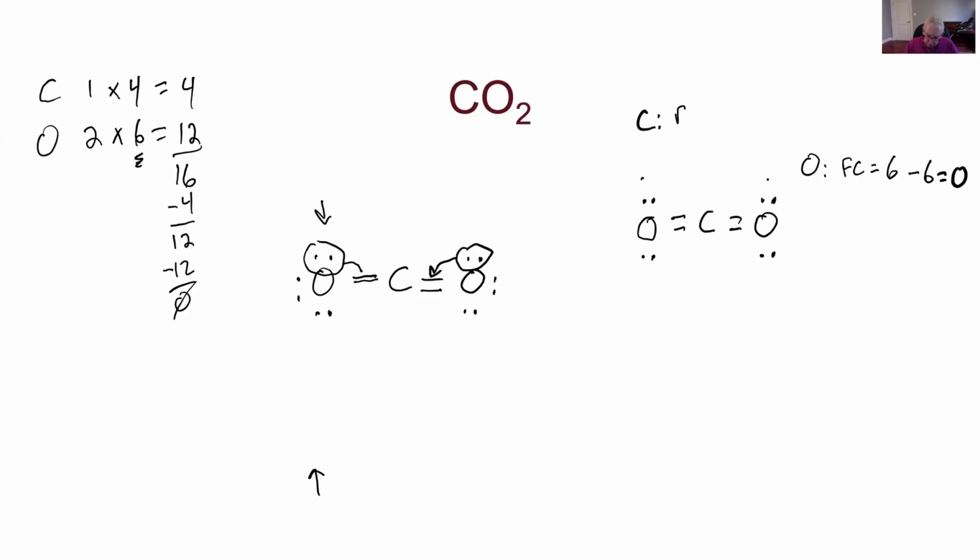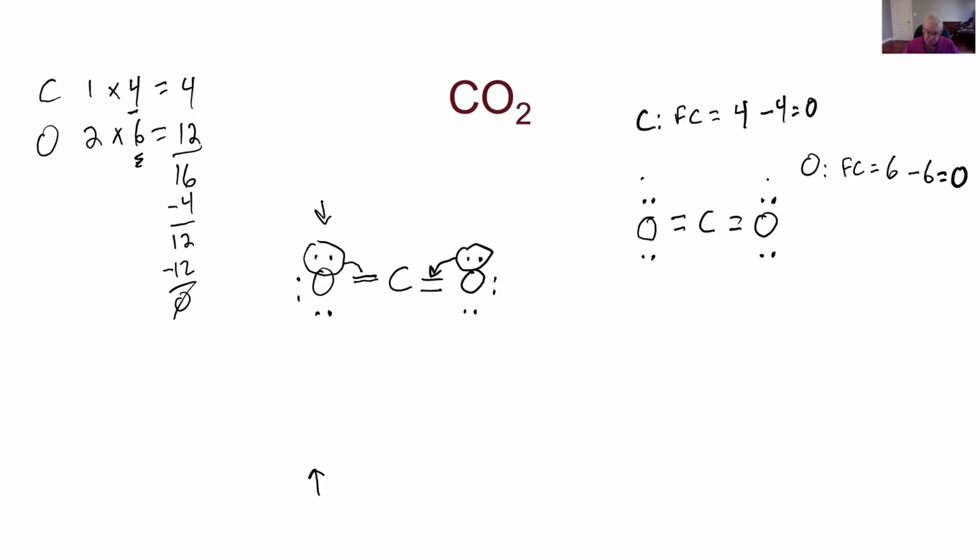my formal charge, if it's a free atom, it's got 4. Again, I get that number from where we are in the periodic table, right? In my structure, it's got 4 bonds, 4 lines, no dots. I count 1 for each bond, so that's 4 minus 4, that's 0 again. All the formal charges are 0, that's a sign that's